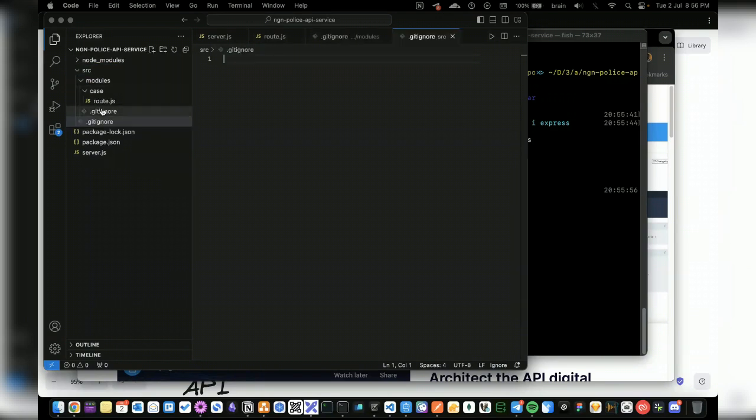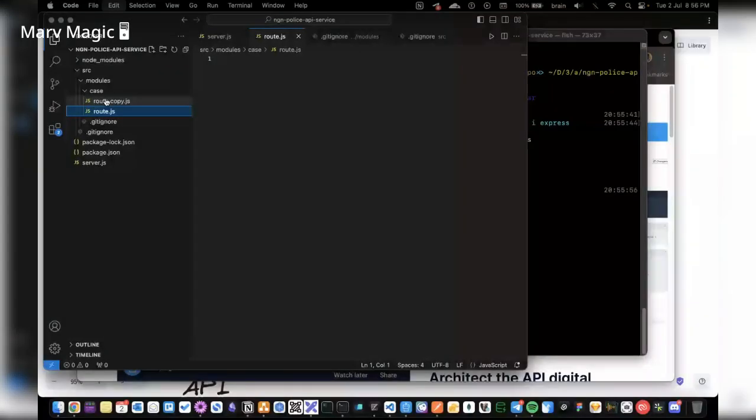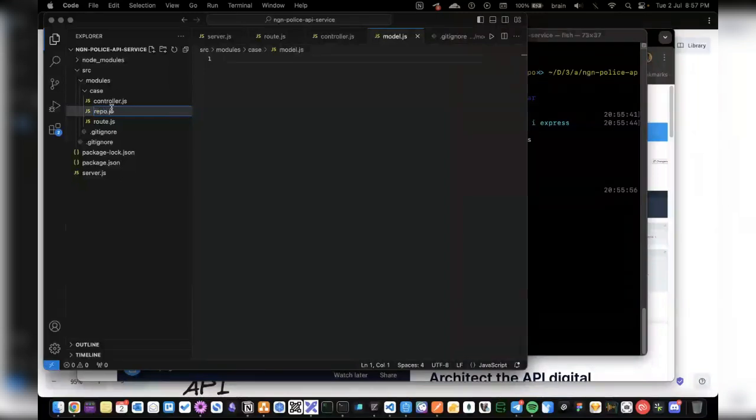It can be a readme file anyway. So we have case, we have route, and I'm also going to create what I call controller, right? Just those two. I can have a third one, which is my model for my database related stuff. Ideally, I usually call that a repository or data, right? I'd rather call it a repository, just like this. It doesn't really matter. A lot of people prefer to put it in the model as well.